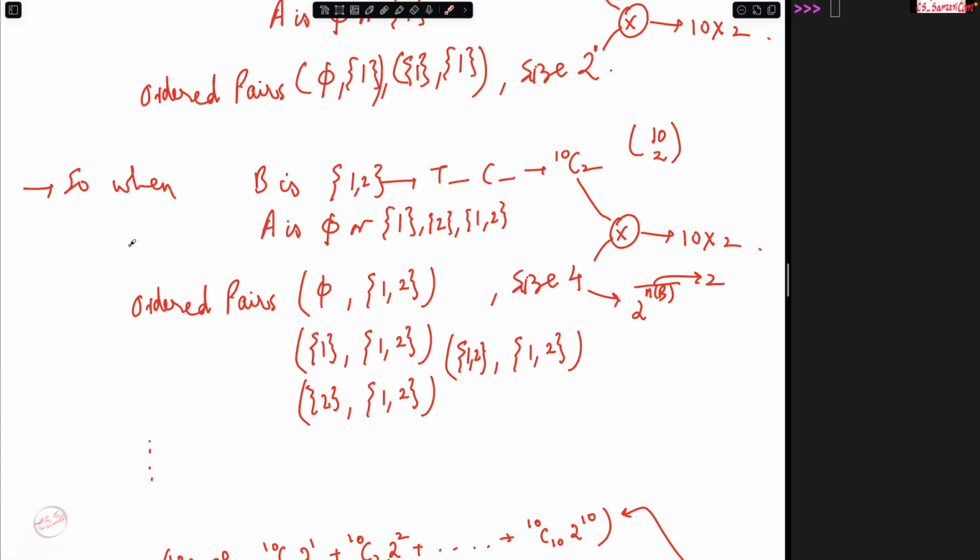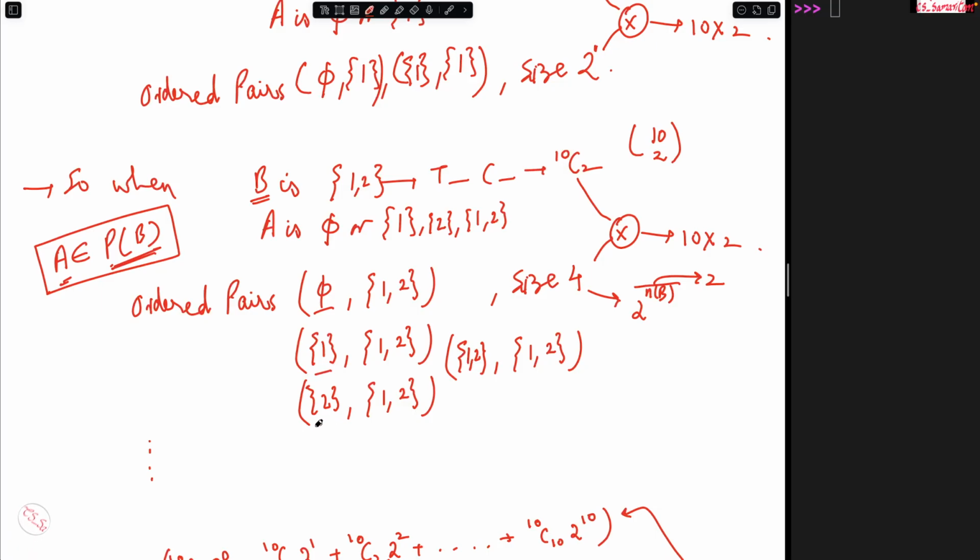So once we have fixed a B, we observe that the value of A is going to be an element inside of the power set of B. This comes from A being a subset of B already, but sometimes we are not able to directly apply it. Here, by taking the cases, we understood that A could be any element inside of the power set of B, and for every element inside of the power set of B,